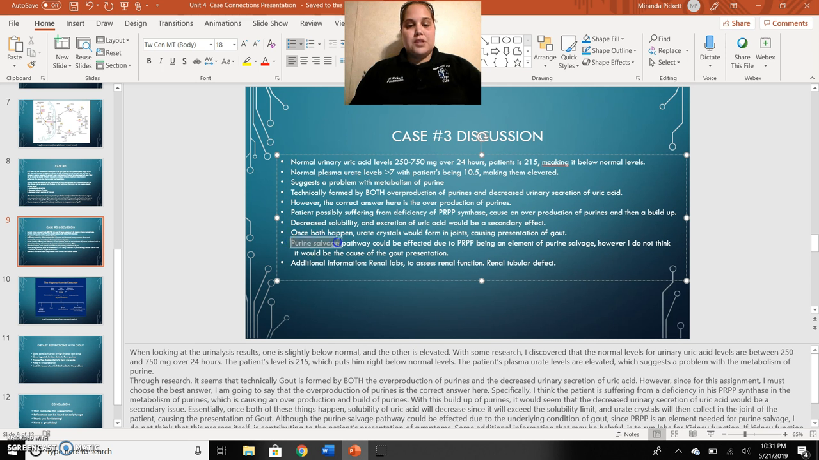Something important that I should mention is that the purine salvage pathway could be affected because PRPP is an element used in purine salvage, but I don't think that it's a major contributor to the actual presentation of the patient's symptoms and diagnosis of gout. So just to make myself clear, I believe that the correct answer here is the overproduction of purines, even though a decreased urine output could also contribute to it, and that purine salvage would actually be affected